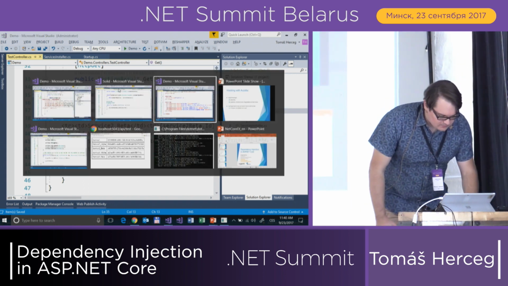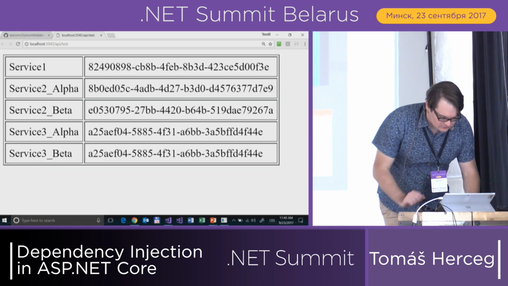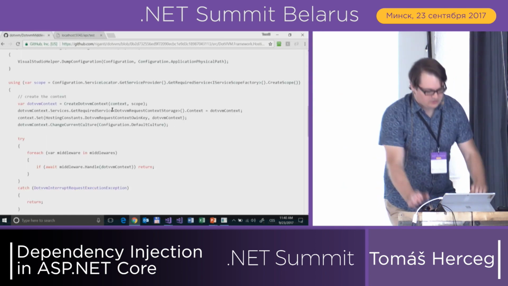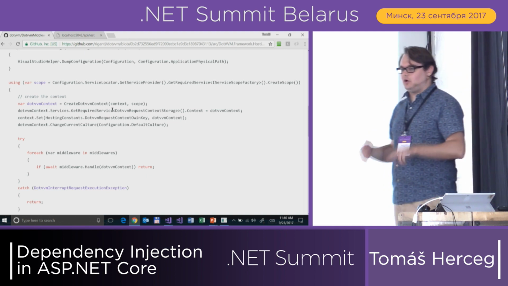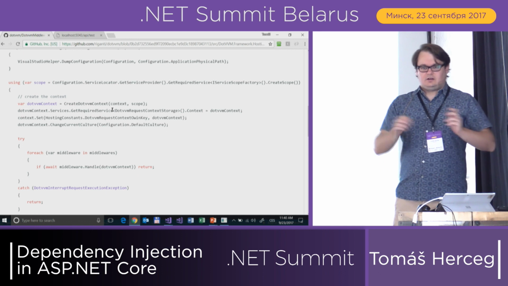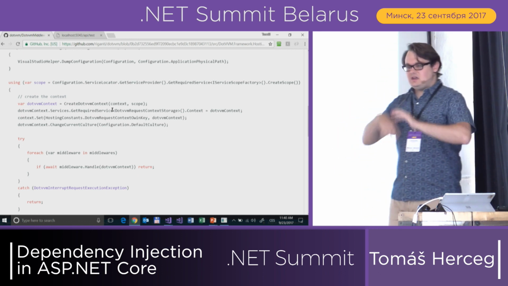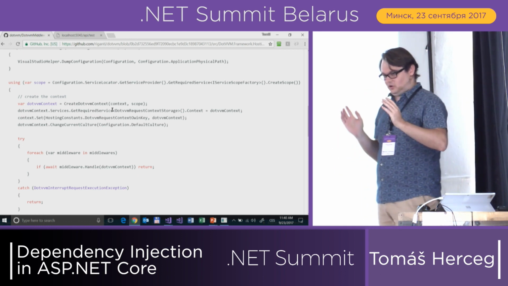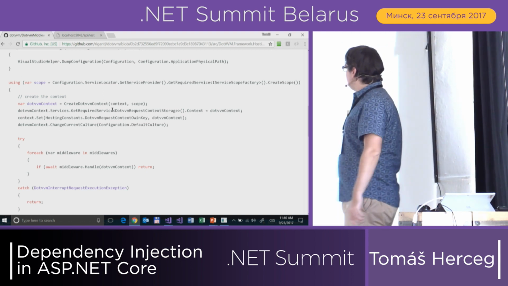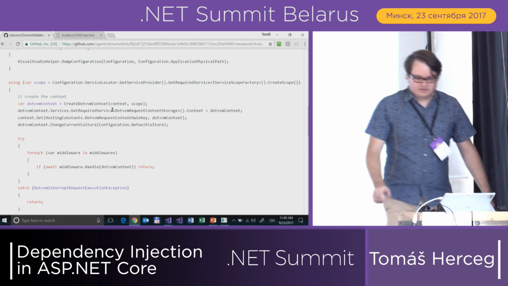And also, if you are building your own frameworks or libraries or things like that, you may want to create your own scopes. For example, as I was talking about the queue processing, you may want to have a separate scope for each queue item. So you need to get the service provider,